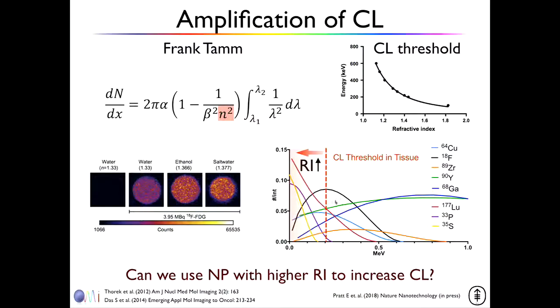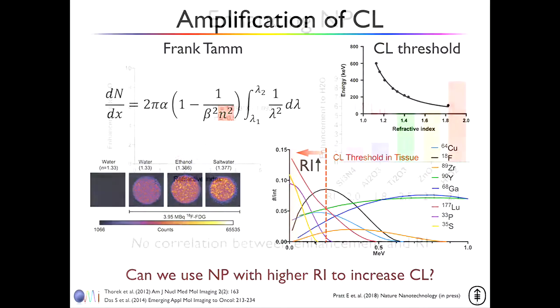Maybe this little thing here, but there's so much already giving you Cherenkov, it's a very little gain. If you look, on the other hand, for example, at lutetium, which is the red curve, you get more if you move over. If you look at this purple curve, which is phosphor-33, it barely gives you any Cherenkov, and if you move the curve over, you suddenly get one. And this yellow one is actually sulfur-35, which doesn't give you any Cherenkov, but if you move the threshold over, suddenly you get some light.